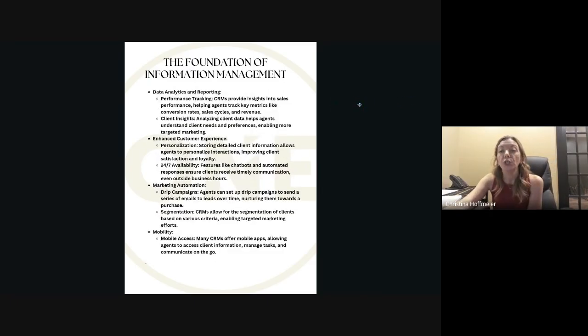There's even more you can do with your CRM that you may not even know exists, and that is data analytics and reporting. So your CRM can provide you insights for sales performance and help you track key metrics. If you've been on any of our advanced courses about tracking your KPIs and managing your business, then this will sound familiar to you. But this is really how you track your overall conversion, the amount of money that you're spending on leads or maybe not spending, and how your business is running, whether efficiently or not so efficiently.